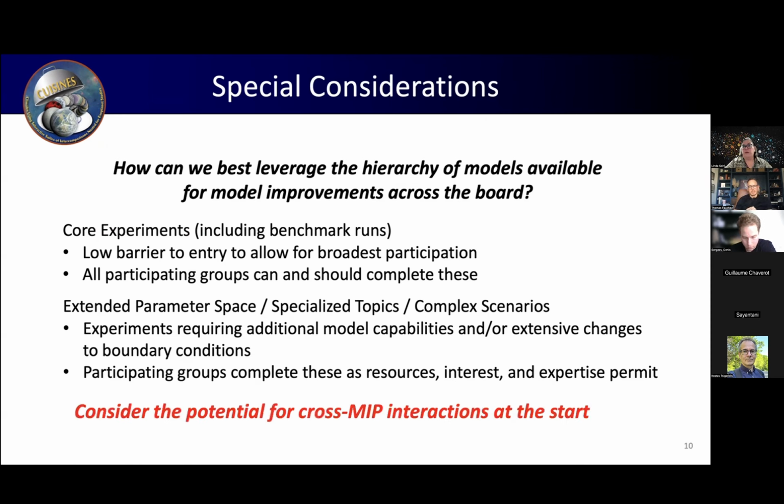And I want to say that, from the outset, we have enough MIPs going on at this point that as you design a new MIP, you should really be thinking about, are there ways to interact with some of the existing MIPs? And there is almost certainly a way to think about connecting between the MIPs of various kinds. Again, Thomas mentioned some of the examples that are already in progress, and some others that we can think of that have potential for future interactions. But if you think about it right at the start, that can inform your experimental design also, and make it easier for those future comparisons.